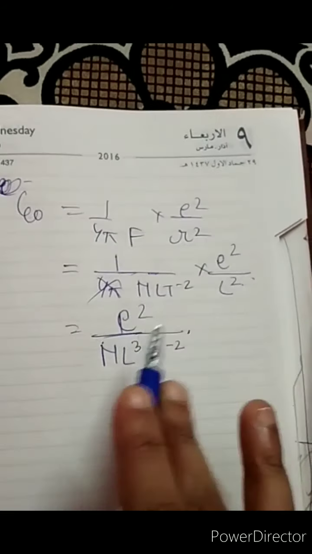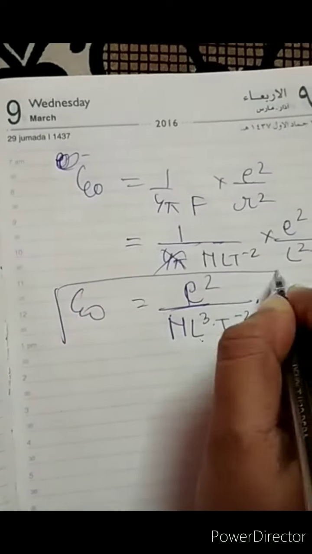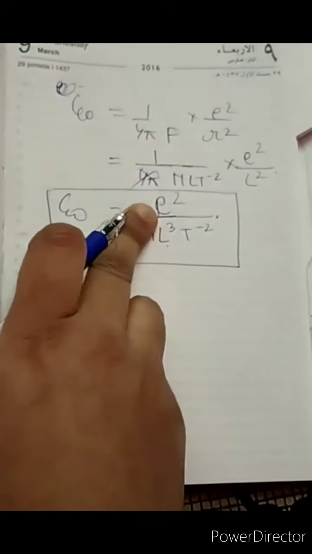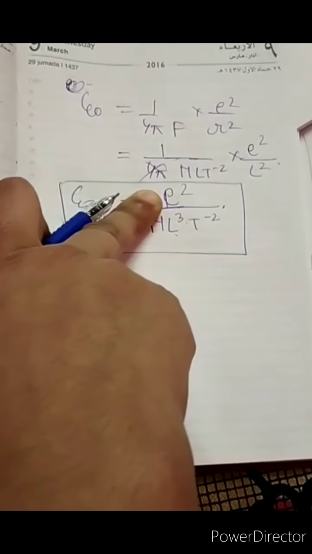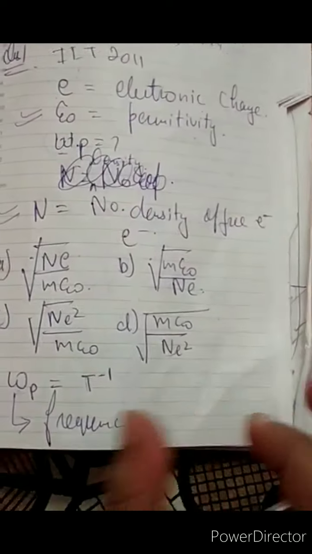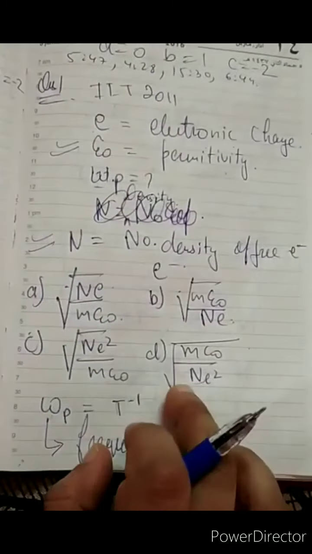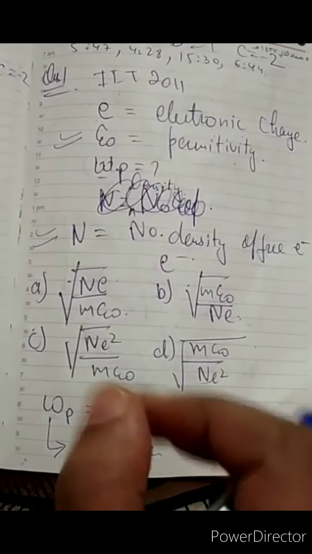Okay, L cube 1 2 3. Okay, fine. Epsilon 0. Now students, you have to look at the options. We have E square in numerator, correct? And what about epsilon? We want E square, remember, E square. Can you find such options which have E square and just cancels out?